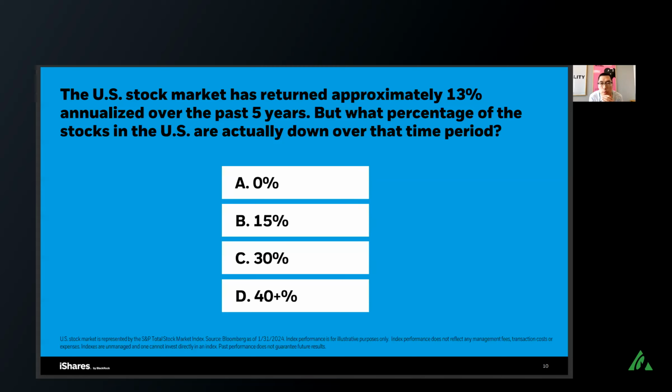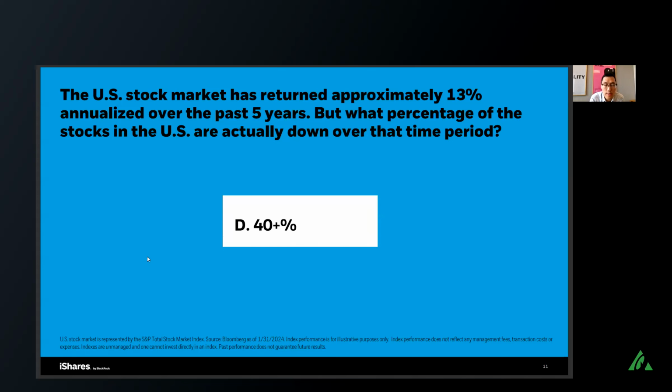The US stock market has returned approximately 13% per year over the past 5 years, but what percentage of the stocks in the US are actually down over that time period? And so you've got a number of choices. The answer is actually over 40%. It's close to 41%. So just to fully disclose what we've done there, we took